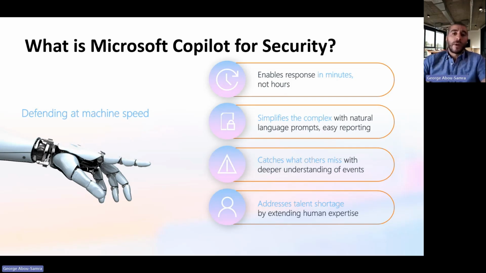For example, let's say Copilot for Security identified an unusual activity on a user's account. Maybe it's repeated login events from different locations, different IP addresses, different computers, or maybe it's just an unusual data download. It can then use that understanding of the context to determine, is this activity suspicious or not? Is this person using a VPN based on their history? Let's take a look at the last X amount of days and determine what is the pattern for this user